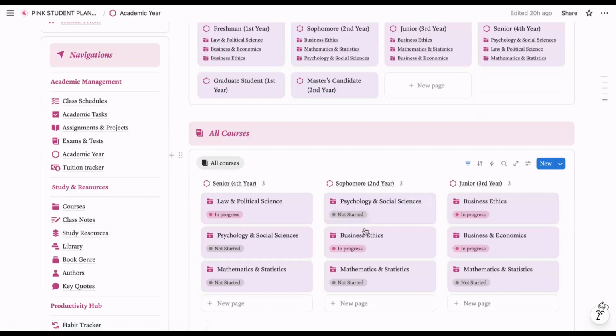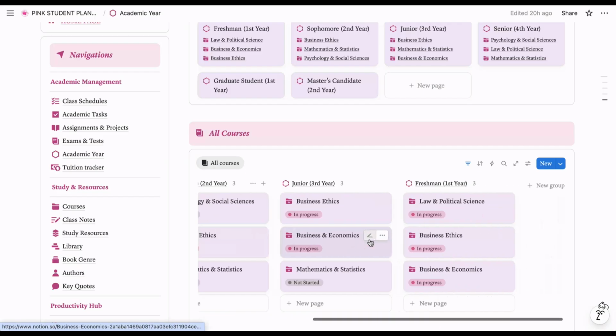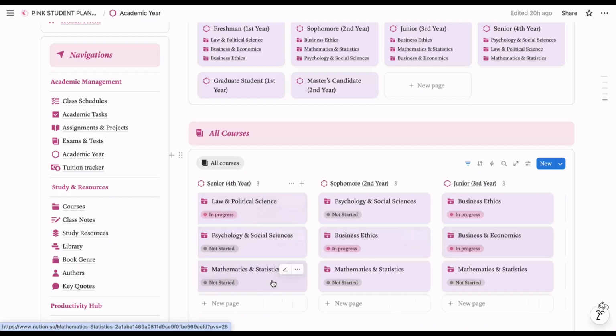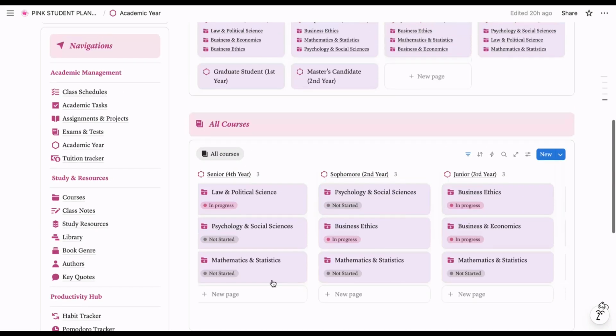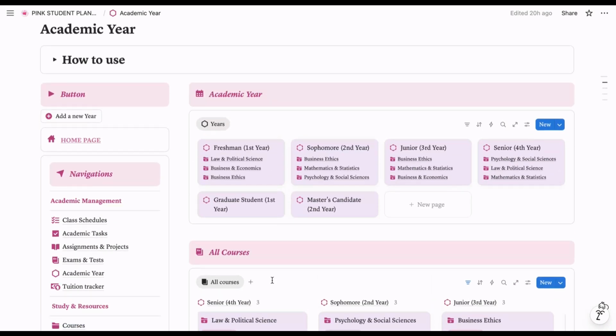Then you have all the courses. You can see all the courses, whatever you're trying to learn, given over here. So this is about the complete academic year. You can maintain your academic year like this. If you want to add a new academic year, you can click add a new year, and if you want a fifth year, you can add it and fill in the details. Also if you want to edit, you can click edit and change the subjects according to your need.